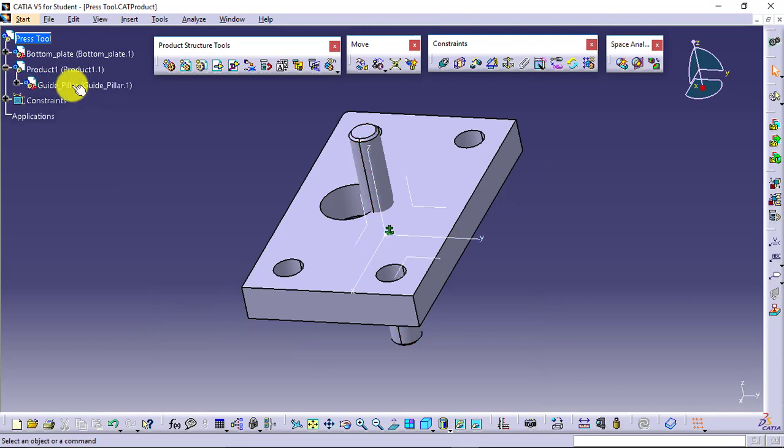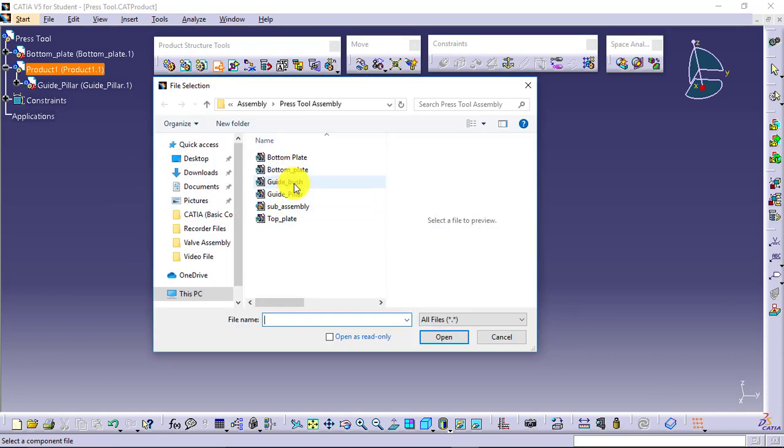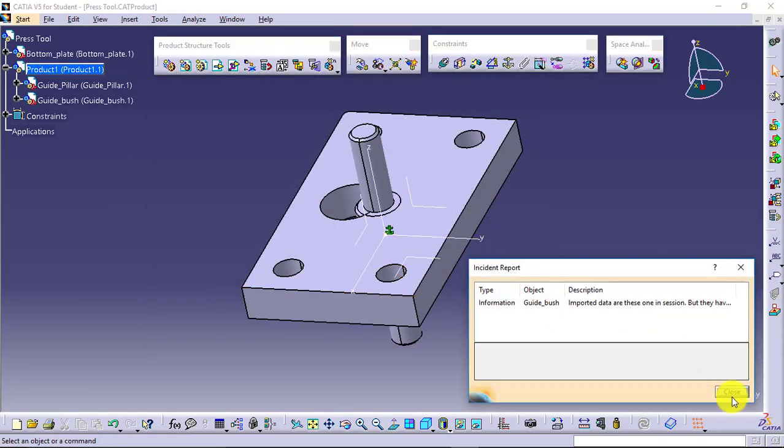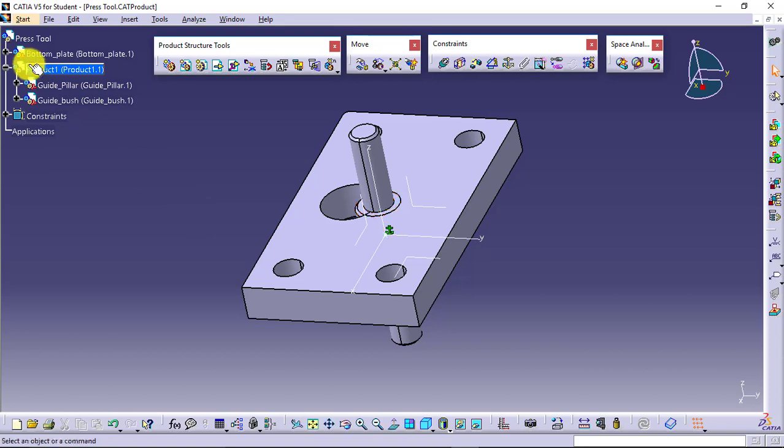You can see guide pillar is added here. Then I'll need to activate this. Right now this is activated, press tool is activated. I'll activate product 1. In product 1, I will make this one fully constrained. Then another part I will insert here in the bush. This is how I have done. Then I'll select this and activate this.